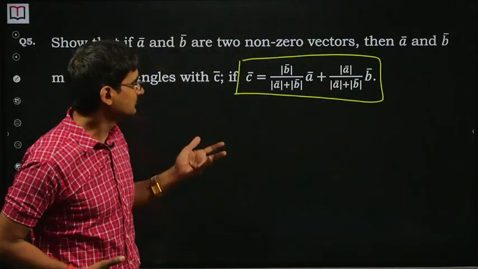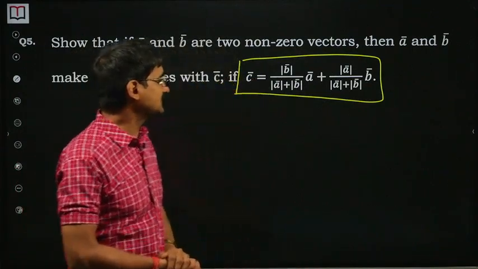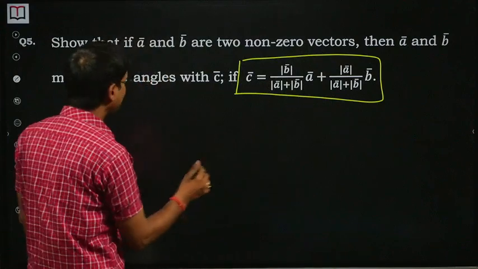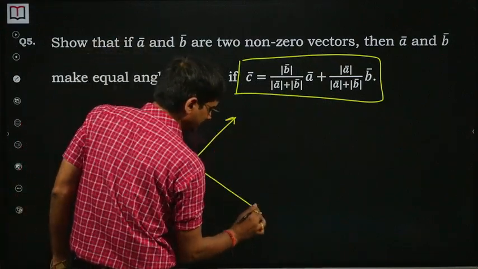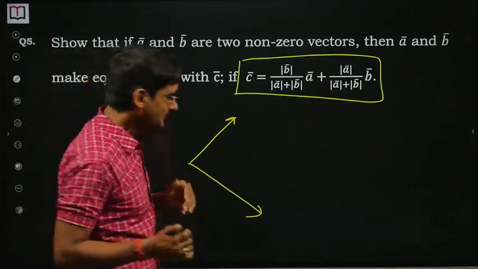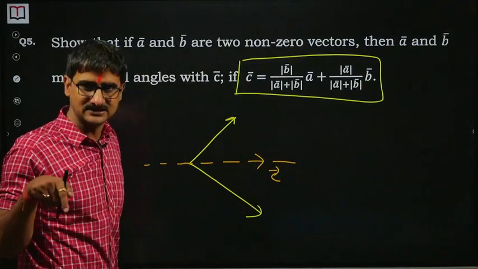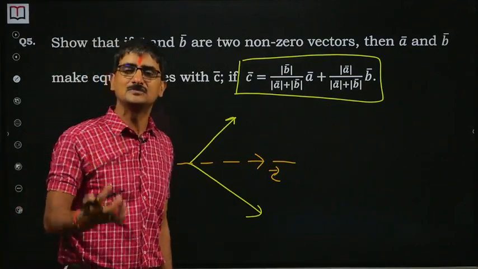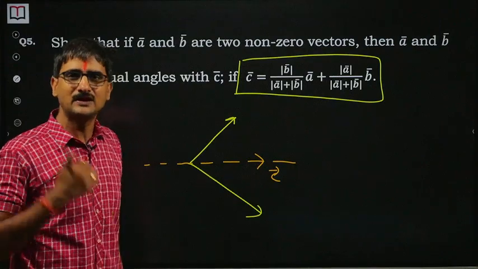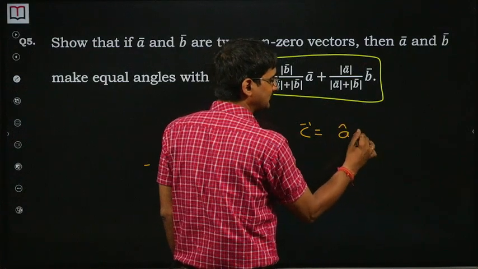One or the other question comes up as doubts frequently. So when I went through this question, I realized we won't get a fixed C vector here. The reason is, if you have two vectors, vector A and vector B, and a vector which makes equal angles with both the vectors, then it has to be one vector along the angle bisector. I am not saying it should be the angle bisector, but along the angle bisector. If we know how to find the vector along the angle bisector, it should be nothing but A cap plus or minus B cap.